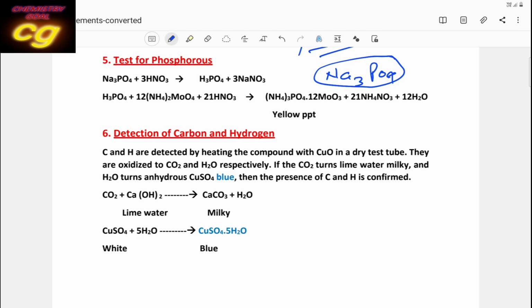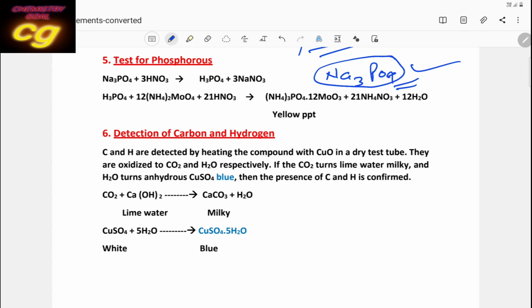Because the organic compound contains phosphorus, sodium is highly reactive and nitric acid will be used. Then what happens? It will be oxidized to phosphorus pentoxide, and the phosphorus pentoxide in presence of water and sodium metal converts to sodium phosphate. So, ultimately, if the organic compound contains phosphorus, Lassaigne's extract contains sodium phosphate solution.